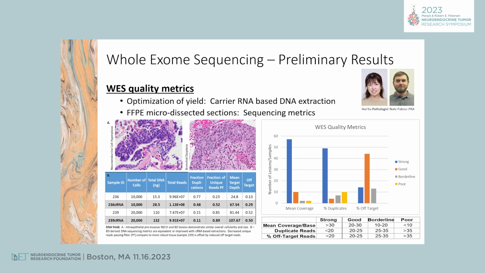So these are the sequencing metrics from the 19 cases that we have looked at, and that includes 51 actual lesions and then the 19 reference specimens. So you can see that we actually have pretty strong mean coverage in all of these lesions. The percent duplicates, the blue bar is actually the ones with the low percent duplicates, so pretty good in that respect, and not too bad in terms of off target, which is generally 25% or less.